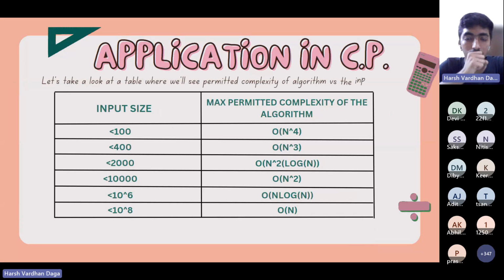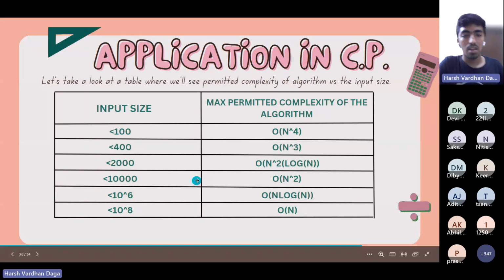Yeah. So let's come to the main part, which is the summary of our session. What algorithm should we prefer when we are given an input size? This is the main thing, since we need to make our question pass within the certain time limit and not get the time limit exceeded tag. So here is the detail